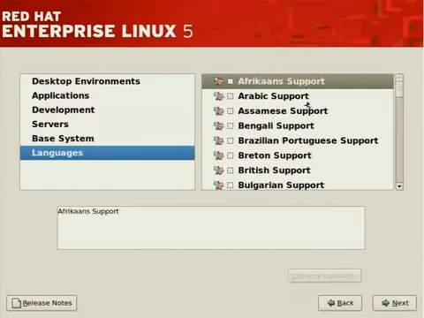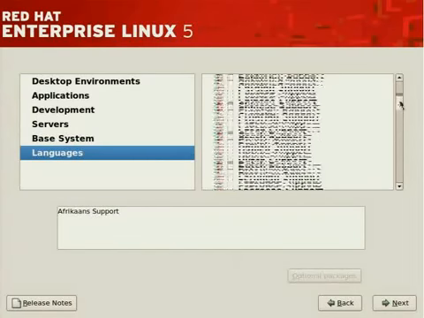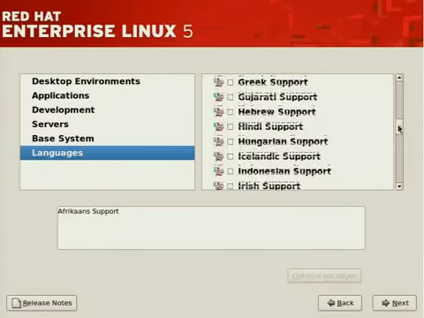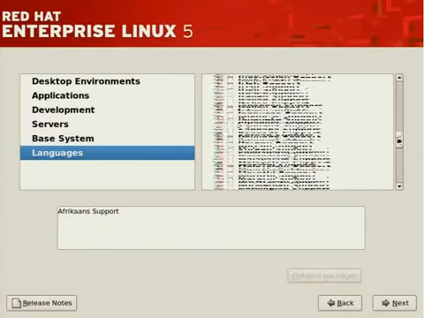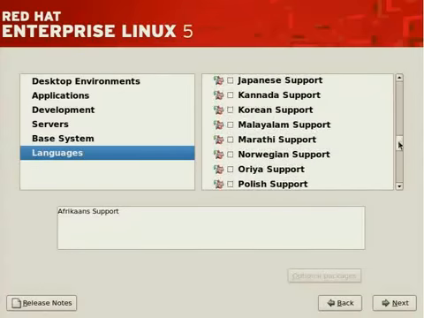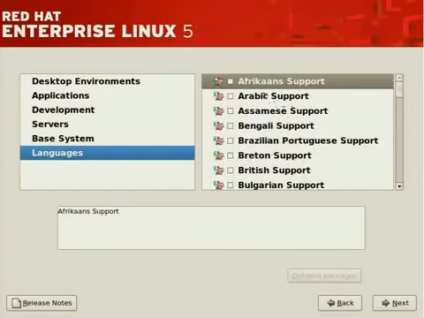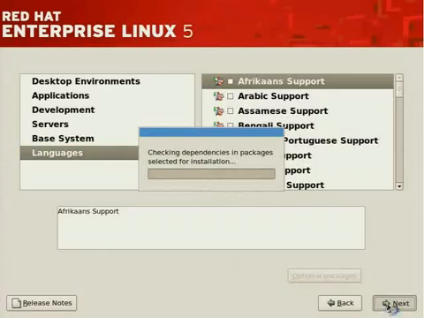Languages, what support you'd like once the system's up and running. Scroll down, you'll see what's currently selected. There are all sorts of languages across the world, and they're supported by most OSs, such as Red Hat Enterprise. If you need additional support, go ahead and select it, and then you'll have it available. And perhaps if a user uses your system, they can customize their environment to use the language that you've provided support for. With that said, without spending too much more time, let's move forward in installation so we can get